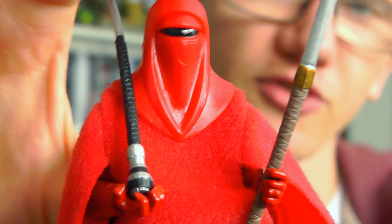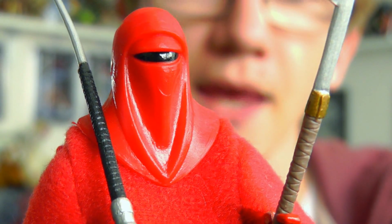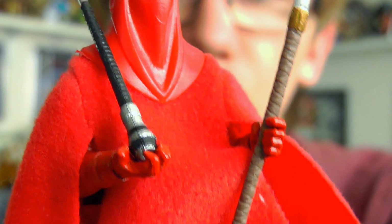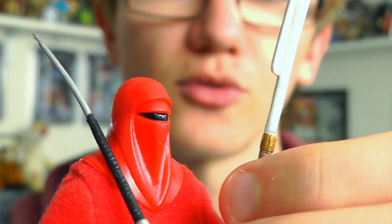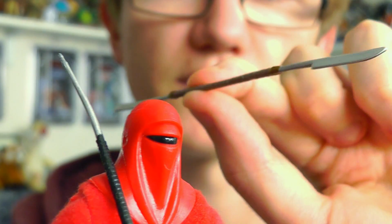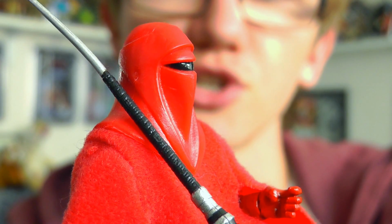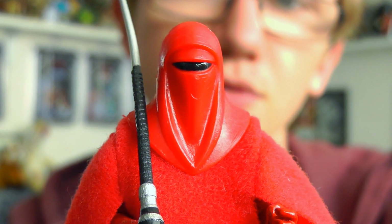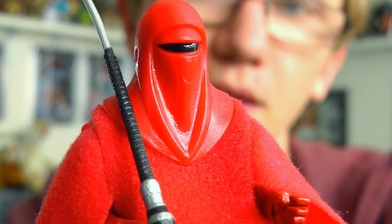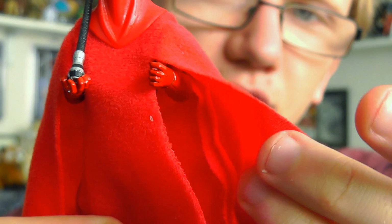The helmet is a nice snug fit as well, and looks very, very cool once in place. Weaponry wise, he does come with quite a long staff, which does play into the alternate display mode for this figure. I'll talk about that in just a bit. And he does come, of course, with the more traditional force pike, which they use to stand at attention during the Emperor's arrival. The robes are, of course, soft goods, and I'm not entirely sure how to describe the material,